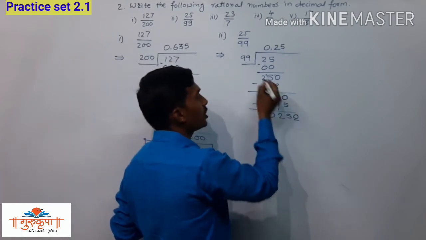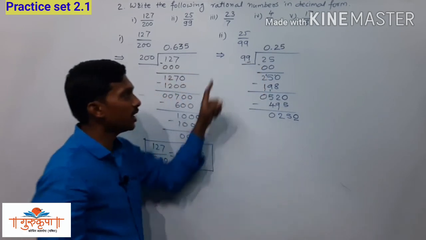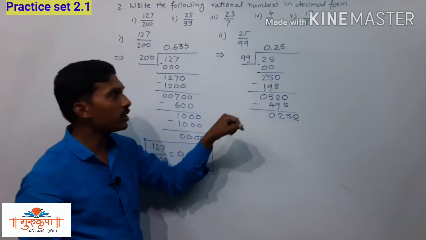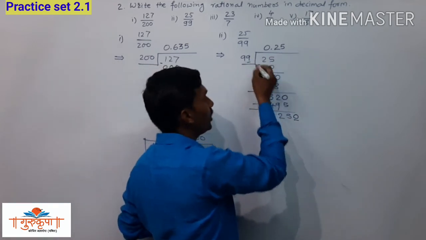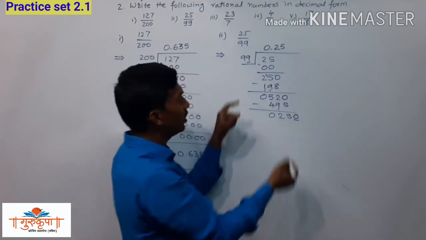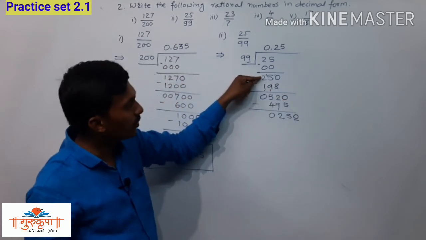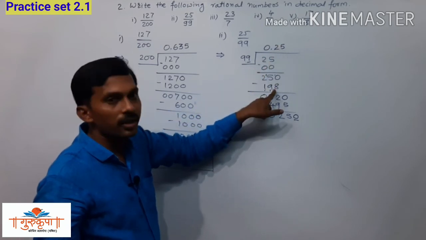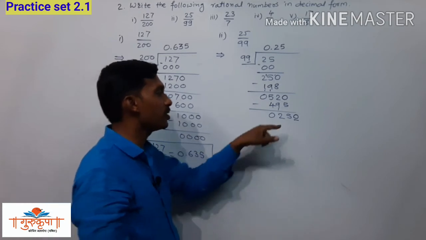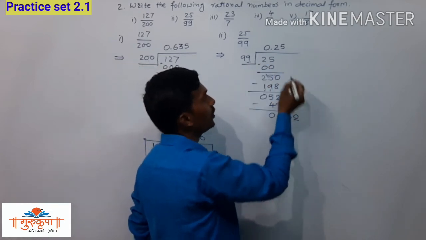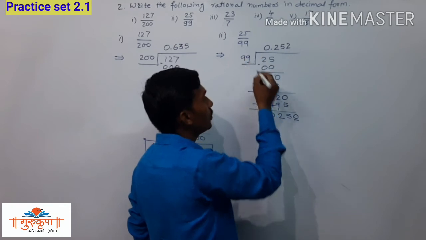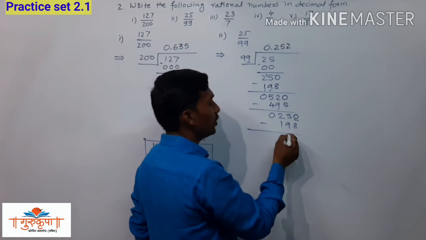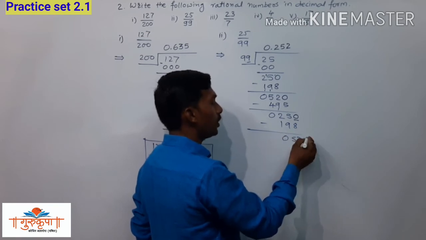So we will skip the units place digit. 9 2s are 18. It is a possibility that the quotient is 2. See, 99 2s are 198, and we have 250. See, we already have the same calculation here. When we have 250 here, we divide with 2, and we get 198 here, and the subtraction is 52. Same thing is repeating here. Now we have to take one more 0 there.